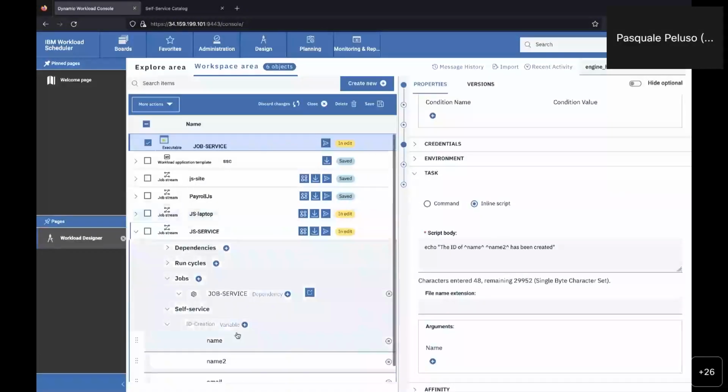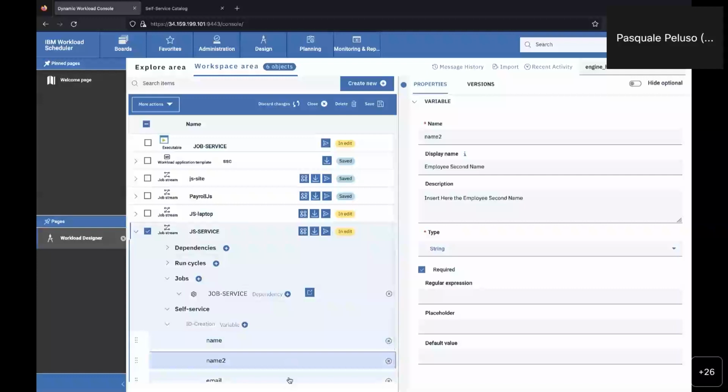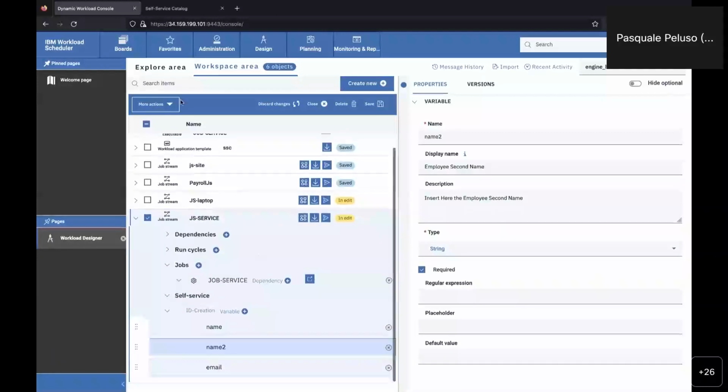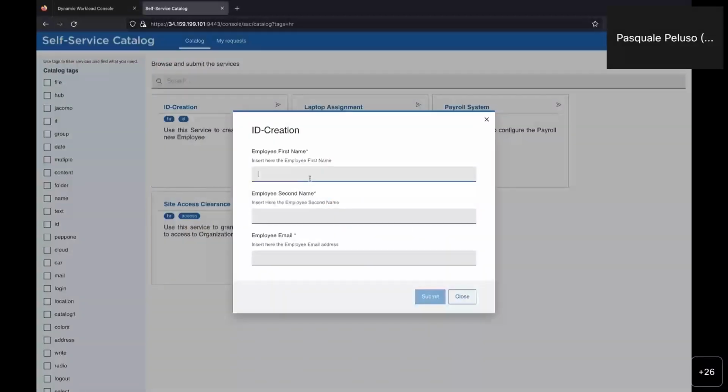So name1, name2, and email are actually the variables that I have set. You can define if they are required for the submission of the service or not. In this case, the first name and second name are required, so I have flagged them as required. That means that someone can fill that